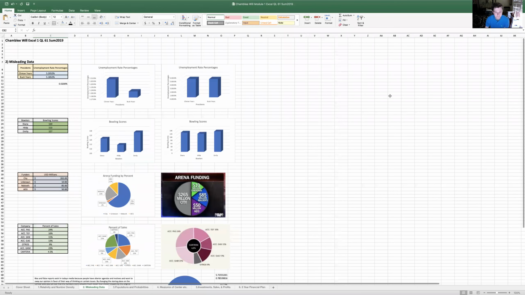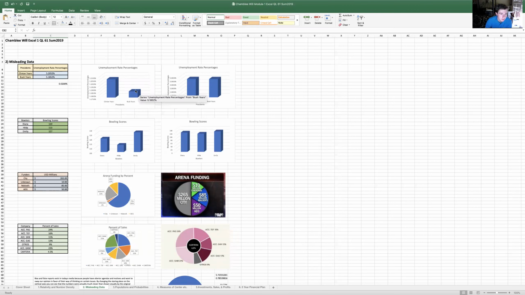Scroll to the top here. In terms of the first graph, which is very relevant for today with all the politics and fake news going on, we see how the first graph kind of lies to us. We put in this graph the unemployment rate percentages, and at first look on just this graph over to the left, it doesn't look like a big difference, one at 5.2, one at 5.8, and honestly, if you wanted to round up in the 100th place, it would be 5.2 as well. But this graph tells a different story.